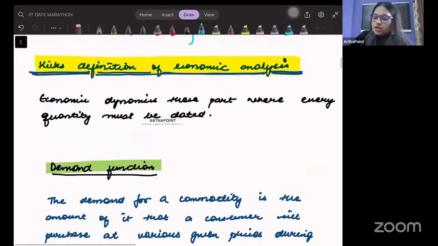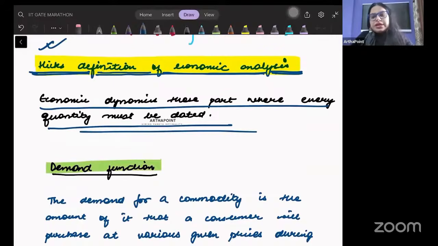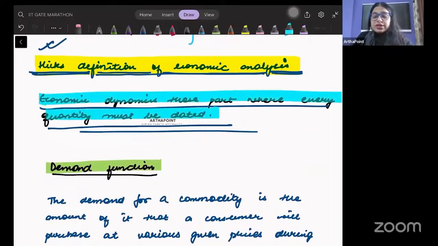जैसे for example, हिक्स ने बोला डायनामिक्स के लिए इकोनॉमिक डायनामिक्स those part where every quantity must be dated. So sometimes they may ask you some statements that who stated that economic dynamics is where everything is dated. So these statements may also be important. Yes, beta, history of economic thought and micro is also important for IIT, because sometimes in 1 mark questions, they may give